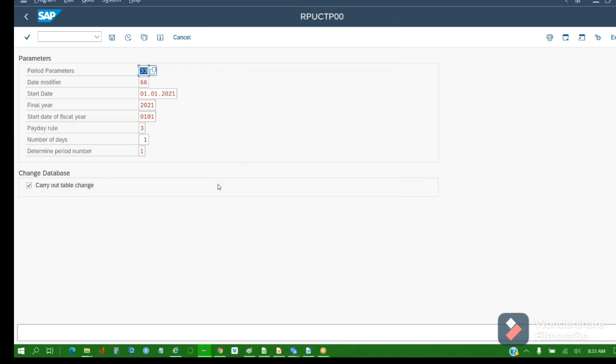So now you are very clear how to generate the payroll periods. Please go back. When you are doing it in the original SAP system, you will not have these data errors. Please go back. What is this, RPUCTPO00? It's a report. Technical name of this.